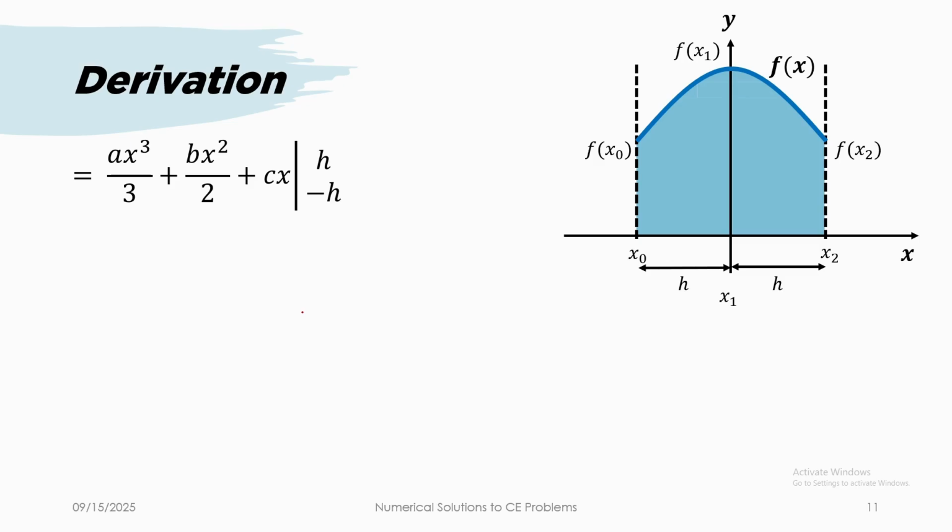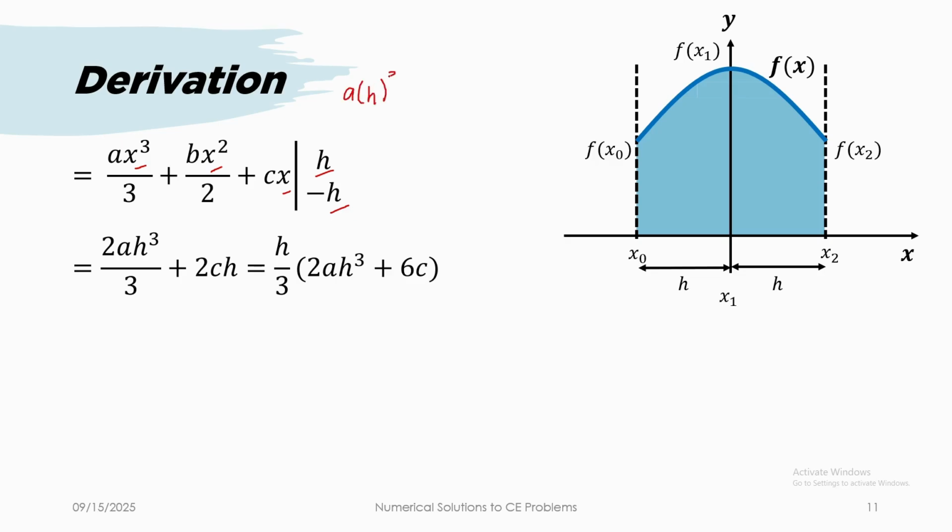If we evaluate the definite integral, we would get 2ah cubed over 3 plus 2ch. We just plug in h and negative h to the x. So expanding this, we can get a times h cubed over 3 plus bh squared over 2 plus c times h minus